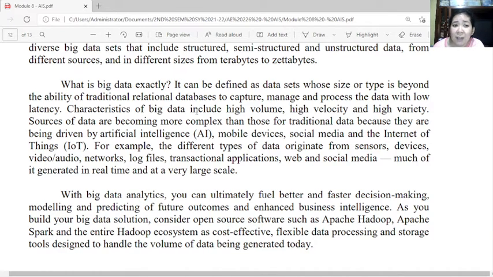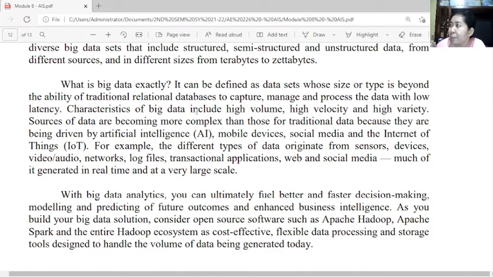Sources of data are becoming more complex than for traditional data because they are being driven by AI, mobile devices, social media, and the internet of things. For example, the different types of data originate from sensors, devices, video, audio, networks, log files, transaction applications, web, and social media. Much of it is generated in real time and at a very large scale.